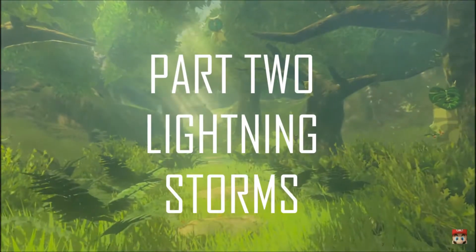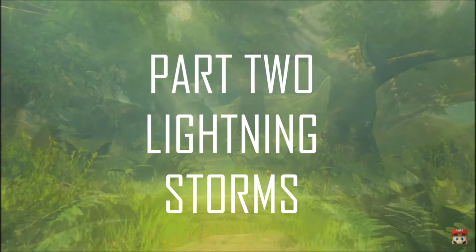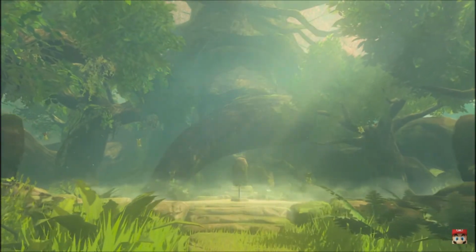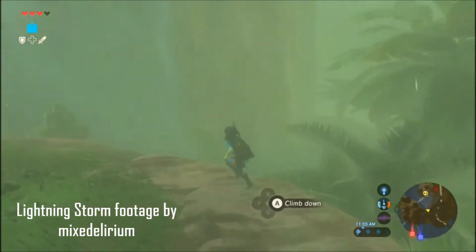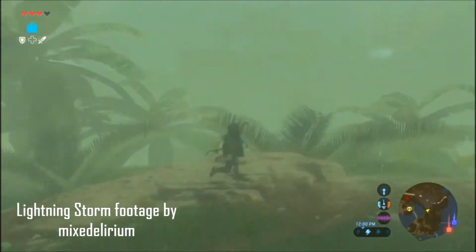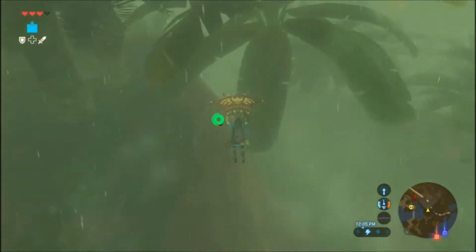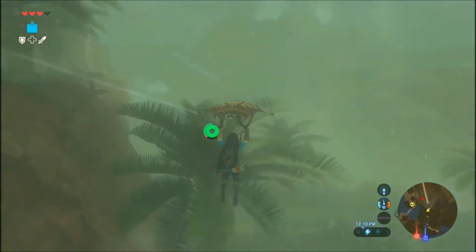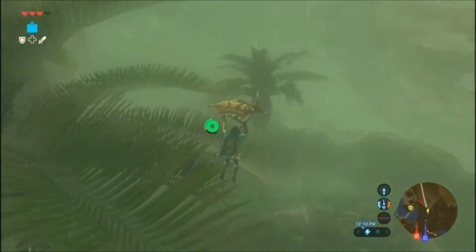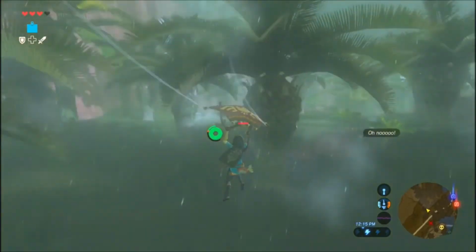Part 2 is the lightning storms. Every once in a while when it rains, it storms as well. Lightning doesn't occur as much as rain does, but when it does occur, you must unequip all metal shields, swords, and bows. Now I am aware that you're able to avoid lightning storms entirely with Riju's Thunder Helmet, but considering I'm only about 90 hours into the game, I don't have that yet, so I still have to deal with